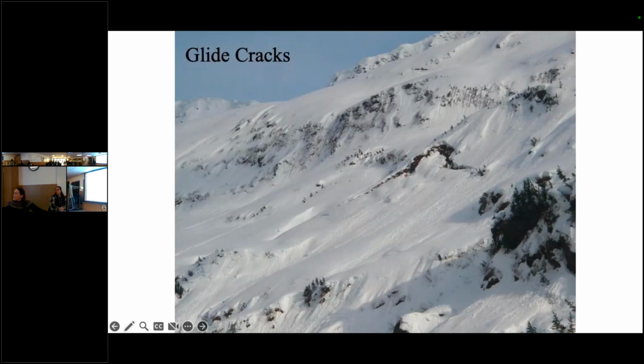Okay, then this is a different type of avalanche. It's called a glide crack. You'll see these things open up, especially when it's been wet out. The ground is wet, not frozen, and it's just sliding on the ground. Over time, you can sometimes see them keep moving, like days. Sometimes they completely fail, and then sometimes they don't. They'll just sit there and melt out like that. Very dangerous, hard to predict.